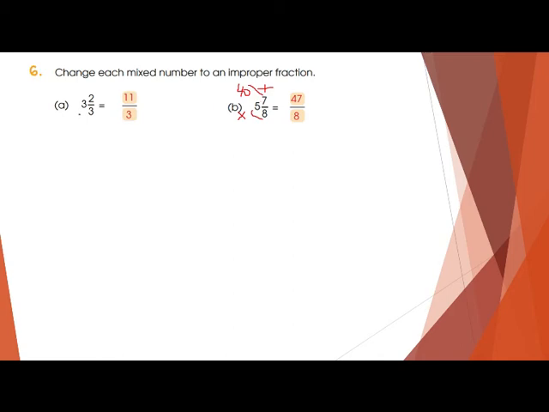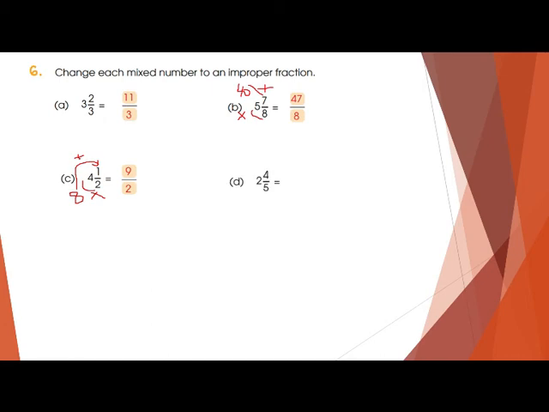Okay, similarly, now what's in the C part? You have to see 4 whole 1 over 2. How you can convert it into an improper one? So first of all, 4 2s are 8. Whatever the answer is, you have to write over here. What you are doing? Simply multiplying. Whatever the answer is, you have to simply add with this one. So 8 plus 1, you will get 9. So you will write 9 upon 2.